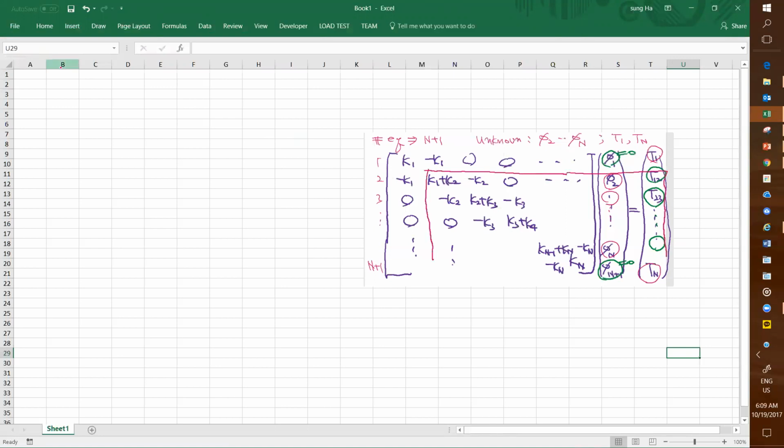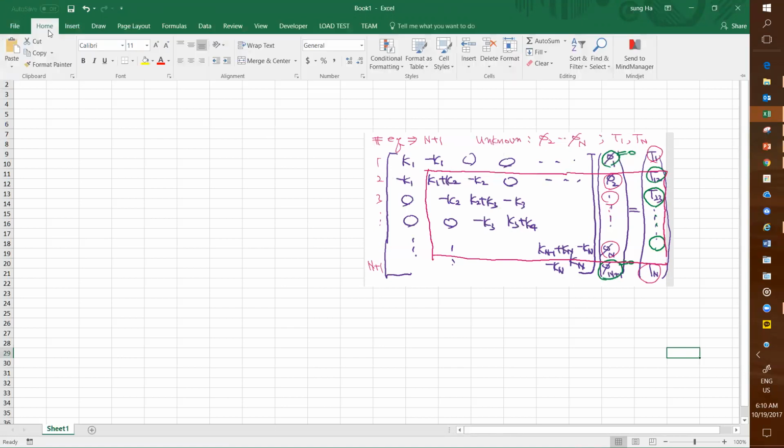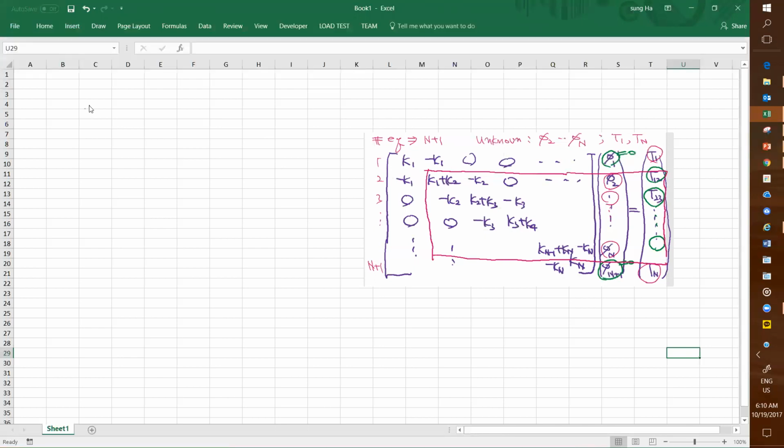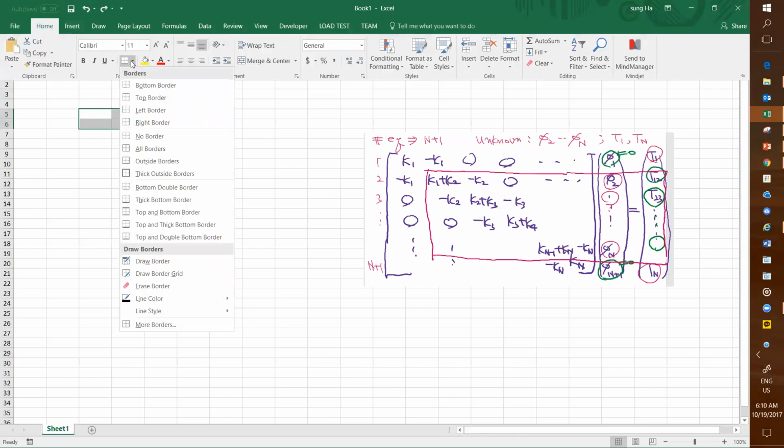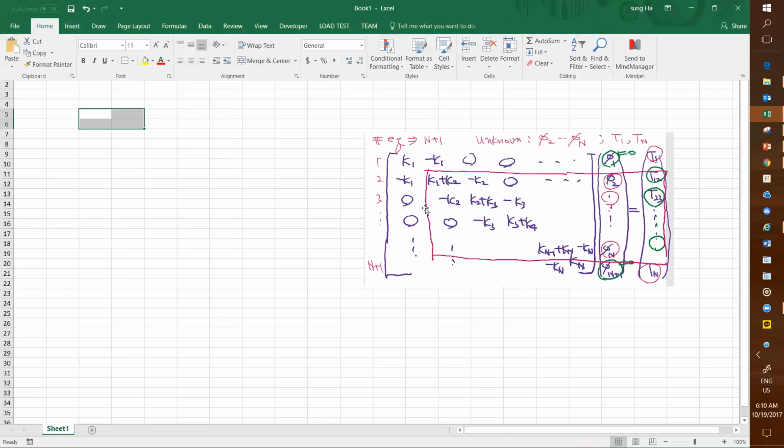Okay, we pay attention only to this equation. So here I will call this first matrix,